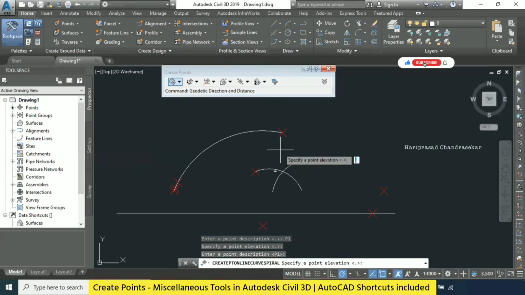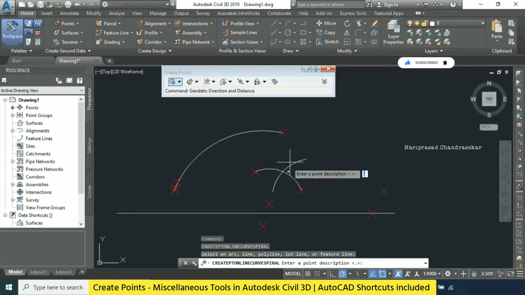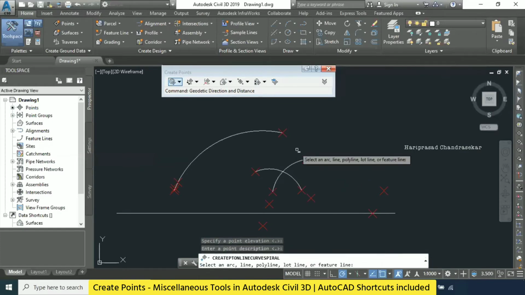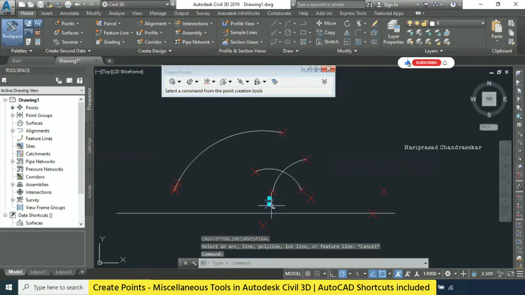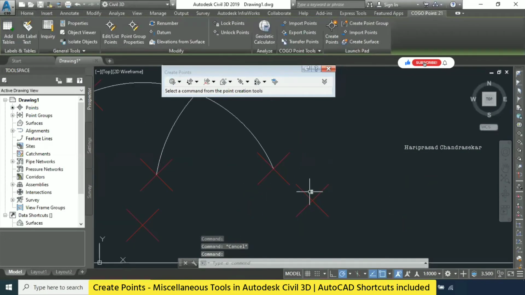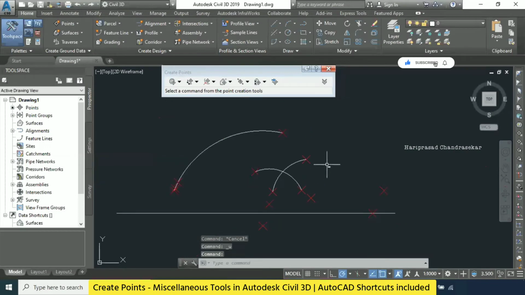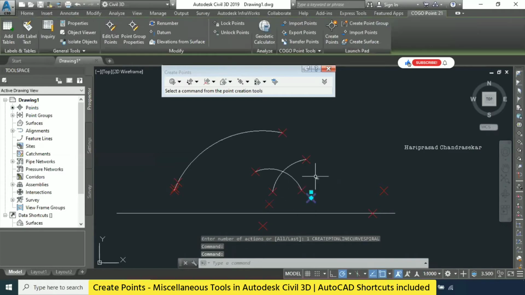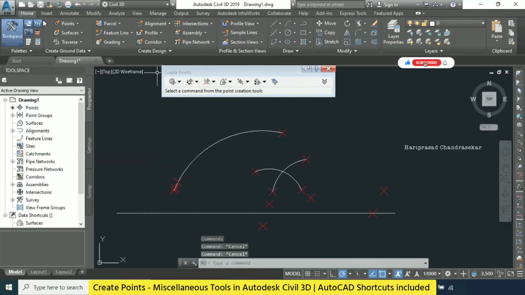See, it is coming now. See, it is also creating some other points here. But this option we don't have here, no? That's why the tooltip varies.